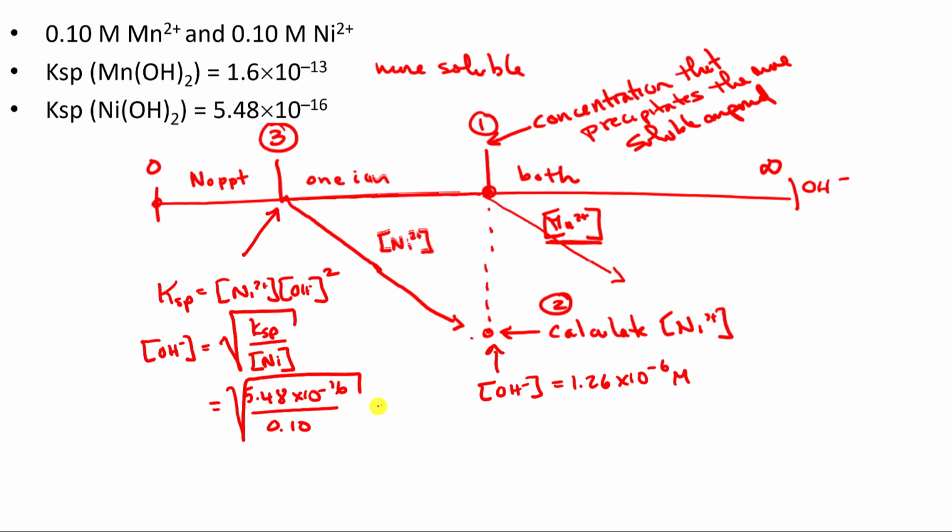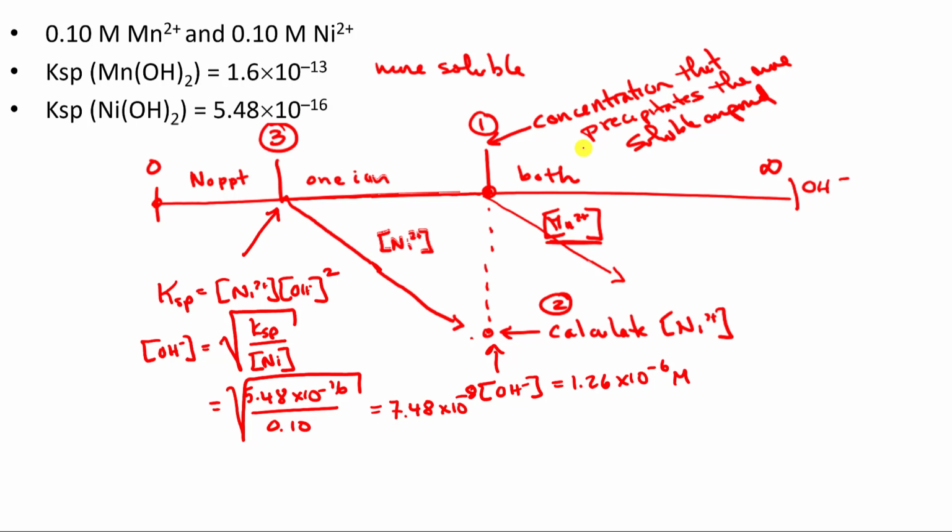So that's 7.48 times 10 to the minus 8. Okay, so now what I'm going to do is calculate pOH for both of those values and the pH for both values,